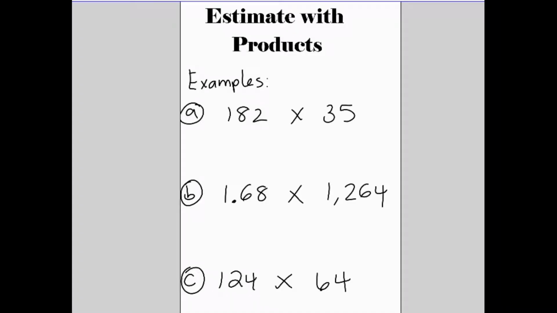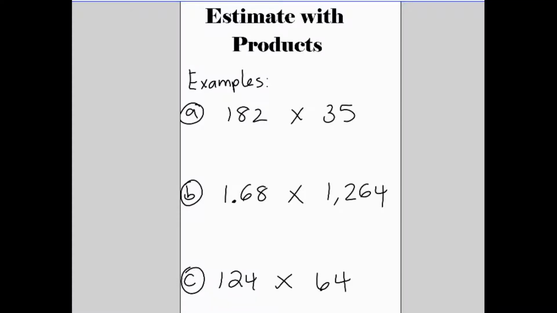All right, Super Friends. So we are going to do some examples that show us that we're estimating with products. Now, what that basically means is you want to round your number to the greatest place value so that you can get an easy number to deal with. So I'm going to show you what that means with these examples. So of course, 182